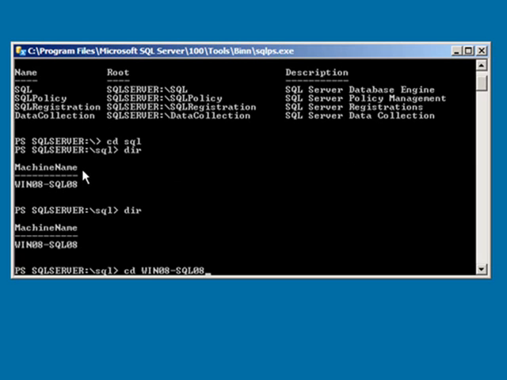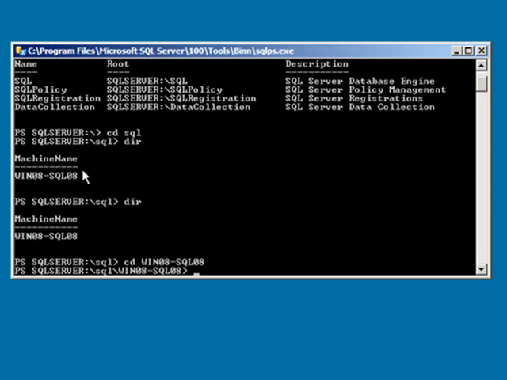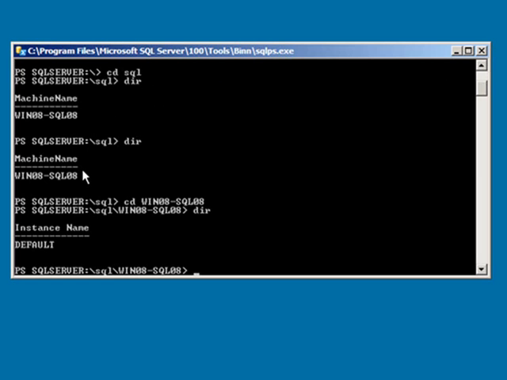And by the way, the shortcuts you're familiar with from your Windows CMD command windows, those all work here. So I can tab to scroll through the list of folders available. I can use my up and down arrows to scroll through previous commands. So I'll be doing that some as we move through this. But when I hit tab, it gives me the rest of that command. I can move into that. I can see default,